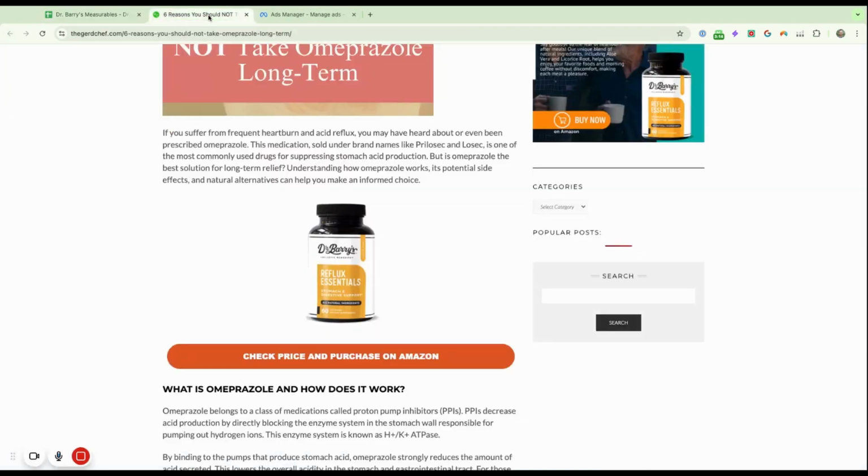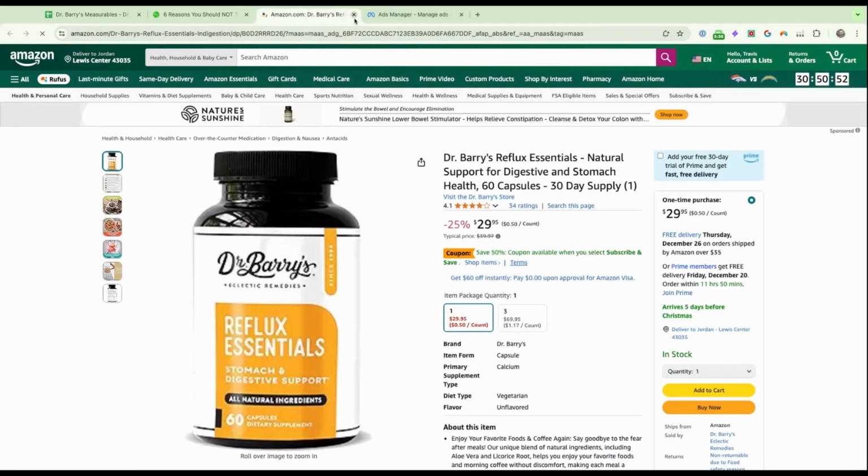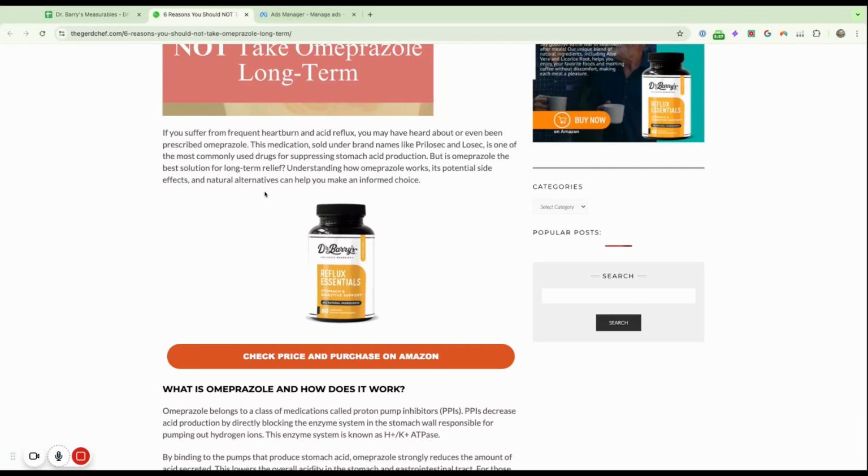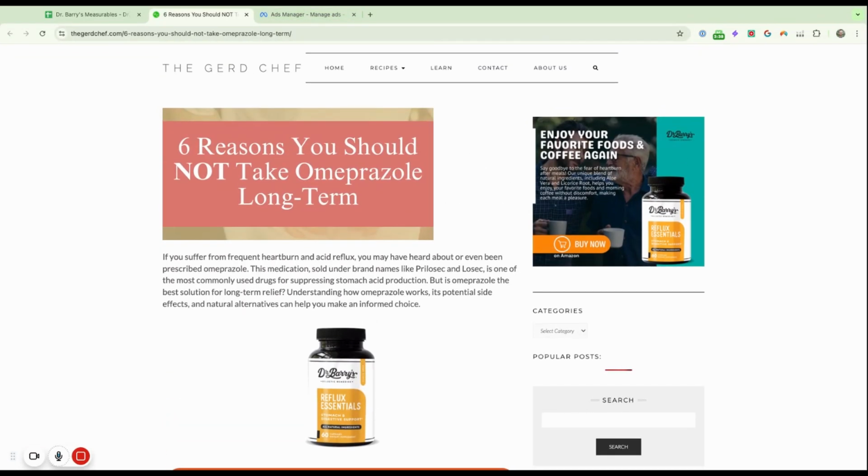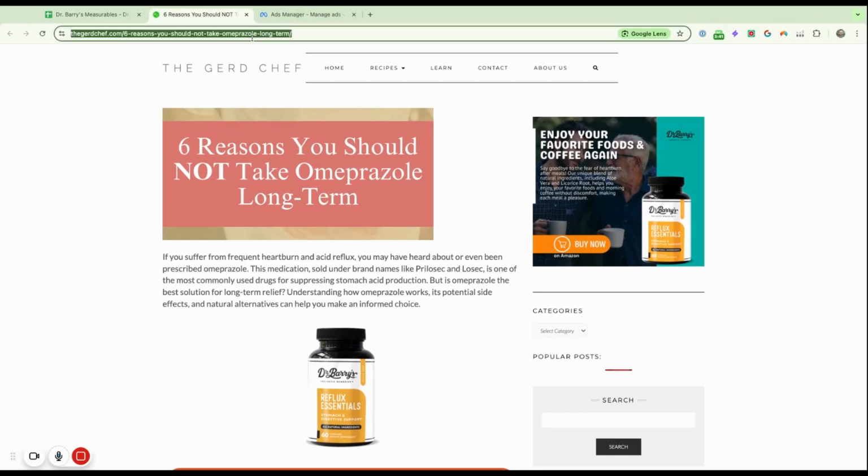So let's come here. Again, I replicated this article. So this article now has different attribution links that are for Facebook ads, not for Google ads, for Facebook ads. So specific attribution links for Facebook ads. I show you how to make attribution links in the previous videos, and we're just going to replace all of these attribution links with the Facebook tracking. Once we have that, all we're going to do is keep it simple. We're going to create a Facebook post.